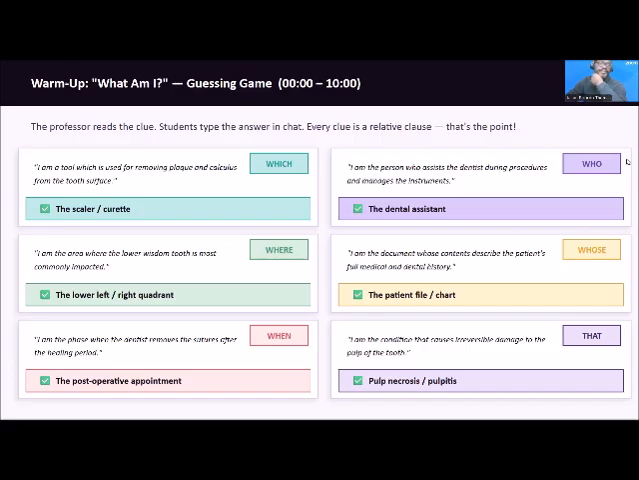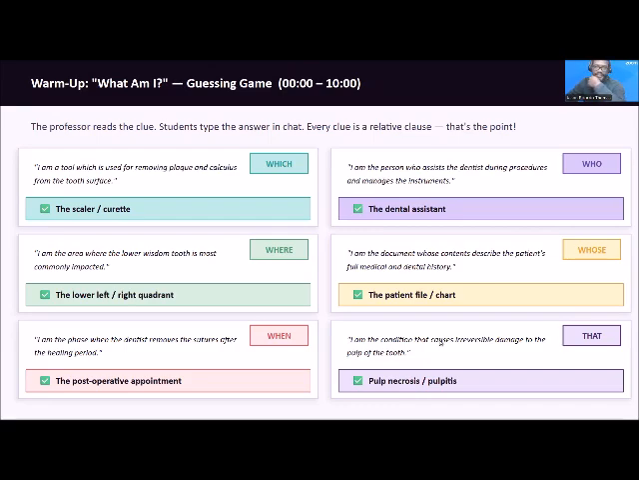All right. Luna. I am the area where the lower wisdom tooth is most commonly impacted. The lower left or right quadrant. Good. All right. I hope you're noticing we're using our pronouns, which and where. All right. Next one is for